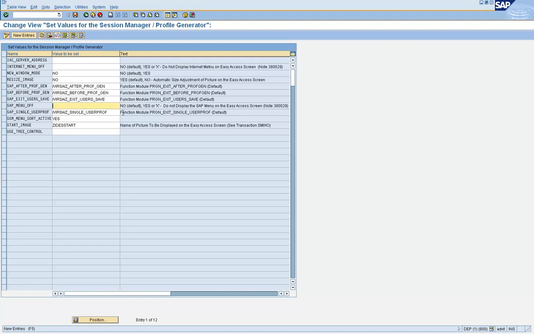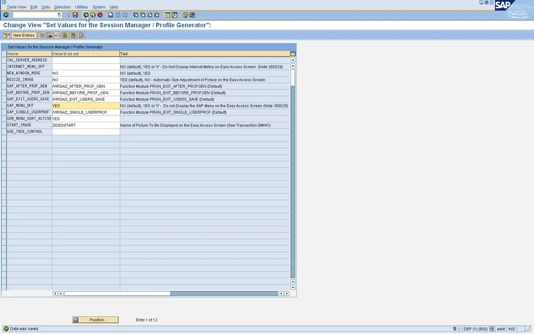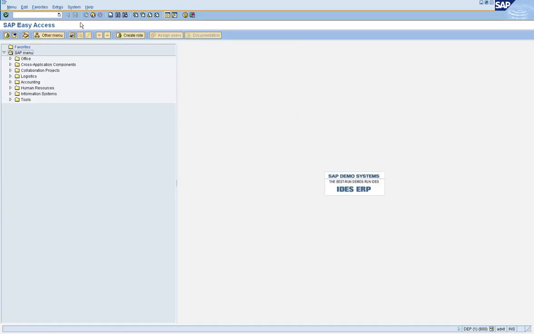Say customer menu off. The default is no. If you say yes and save, it will ask you to create a transport request. Then go back. Now this is grayed out, so when you click on this, nothing happens. Whenever the user logs in now, they will not be able to see the SAP menu structure.